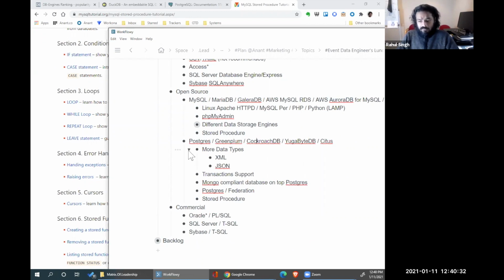And the way I see it play out these days is that folks will migrate from Oracle to Postgres, or they will have started off with MySQL somewhere and they'll go to Aurora DB or AWS managed MySQL or Azure managed MySQL because they don't want to manage it. But this is a common trend: Oracle to Postgres or SQL Server to Postgres.